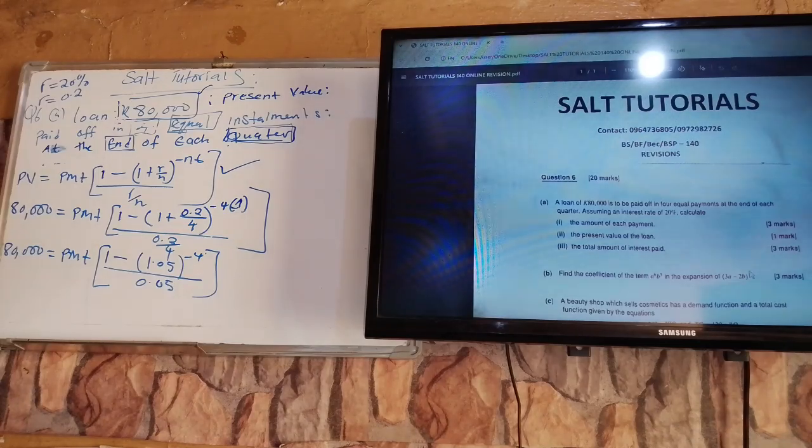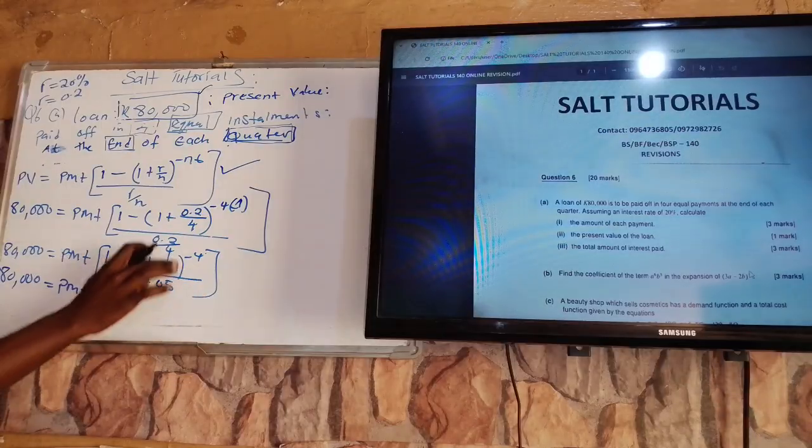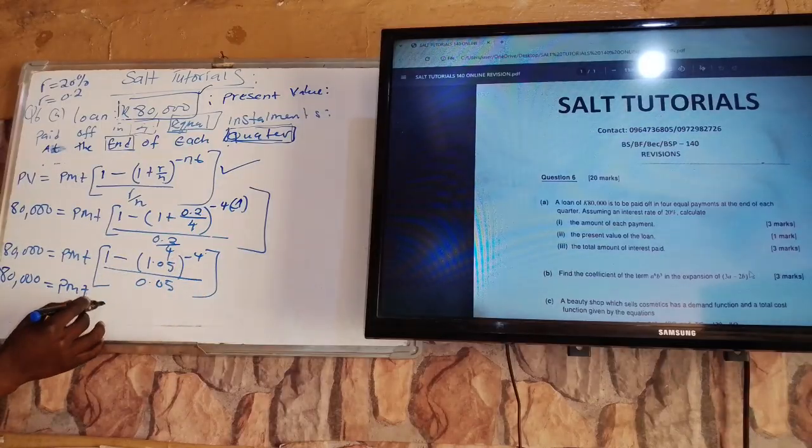So it means I'm going to have 1.05 to the power negative 4. I'm going to have this amount, then 1 minus my answer. I'm going to have that amount divided by 0.05. I'm going to have that amount. So I'm having something like 80,000 equals PMT, which I'm looking for, times this. When you punch everything, we are going to have something which is approximately